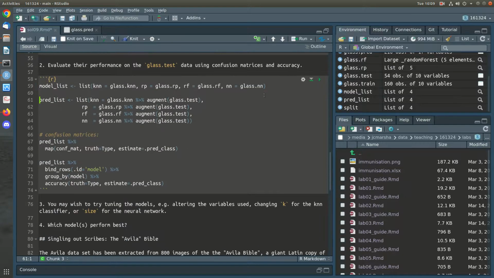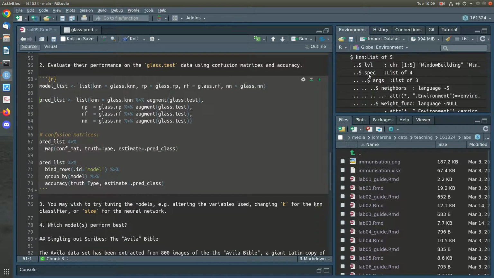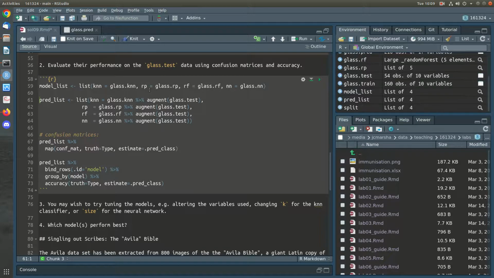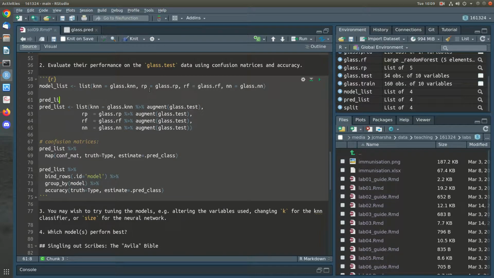So our model list is a list of 4 objects, so you've got your KNN and so on and so forth, then we could have actually said,